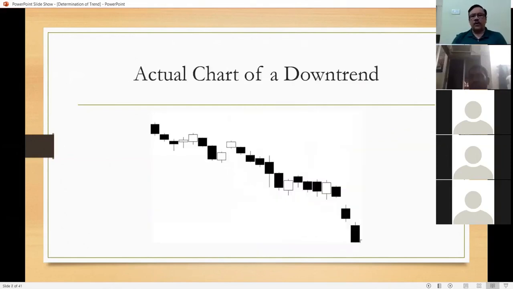Okay, now see, here is the downtrend. As you can see, among consecutive candles, sometimes they may give a little higher low, but the majority of the candles are making lower high and lower low compared to the previous candle. So just compared to yesterday, if today's candle is making lower high, lower low, that indicates downtrend. If out of 10 times, 6 times or more, you are getting that, that's the overall downtrend in the market.